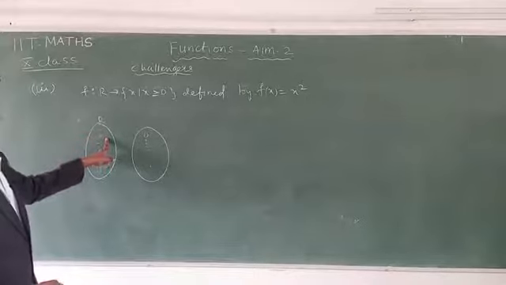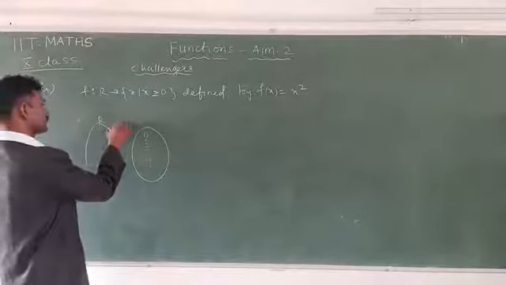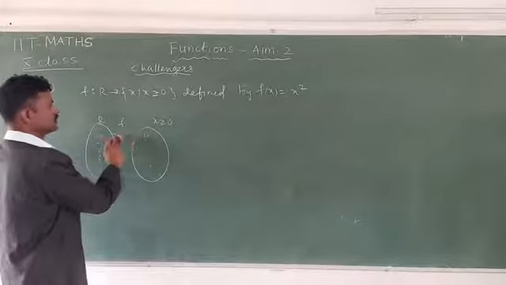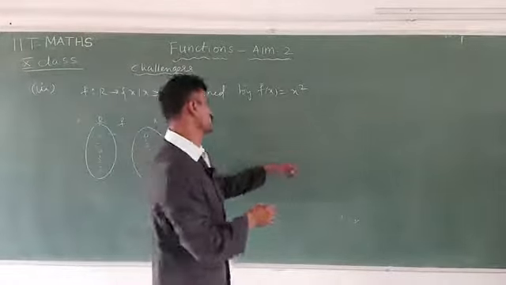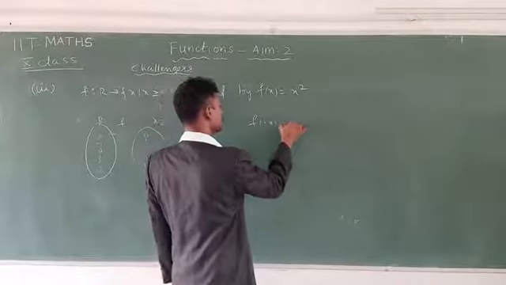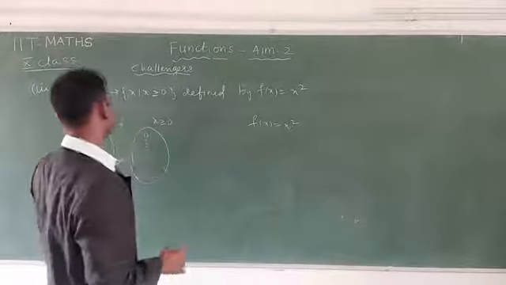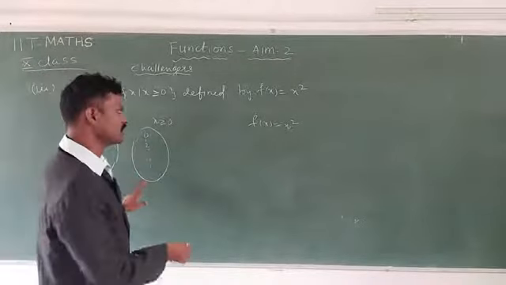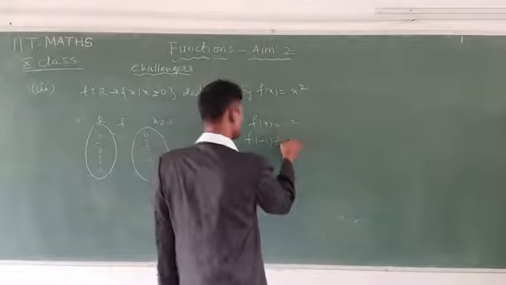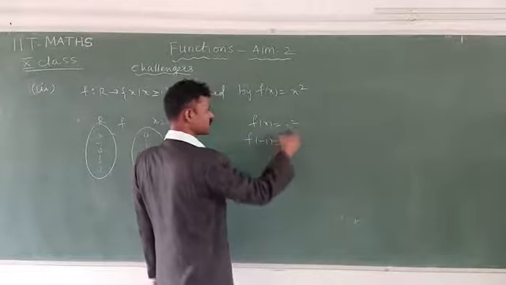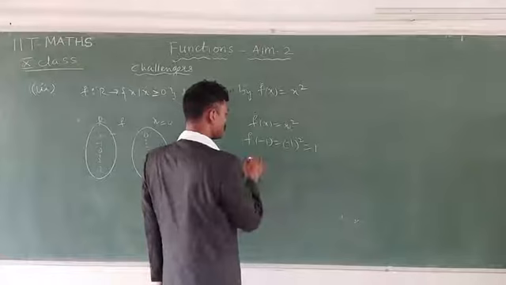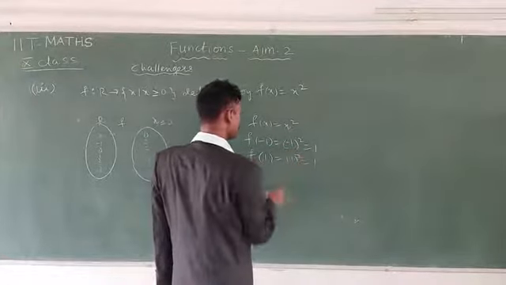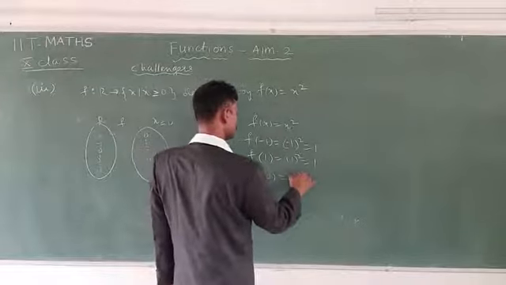With, including fractions also you have to take here. This is f, this is also x greater than or equal to 0. Okay, now see here, f of x is equal to x square. Here you can substitute minus also, plus also, its value is positive only. Now see here, f of minus 1 you can substitute here. Minus 1 whole square means plus. f of plus 1 also you can substitute here. This is also 1. f of 0 square is equal to 0.